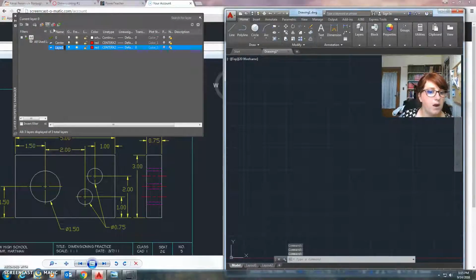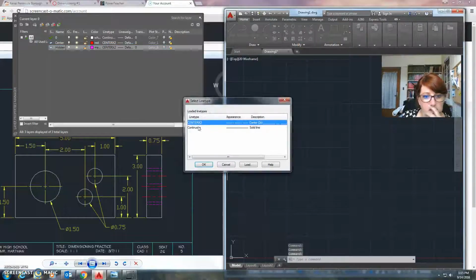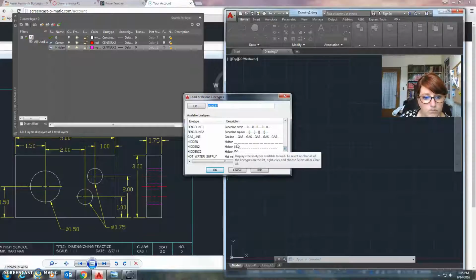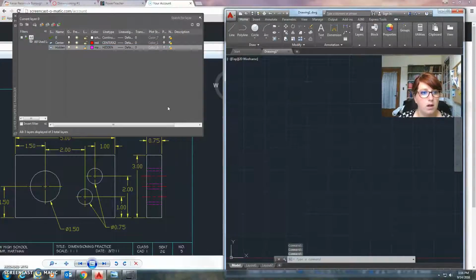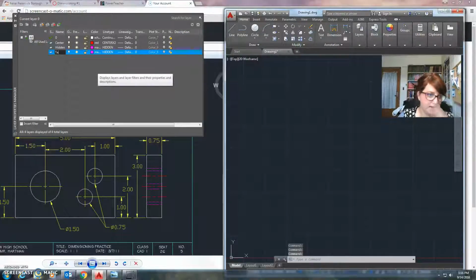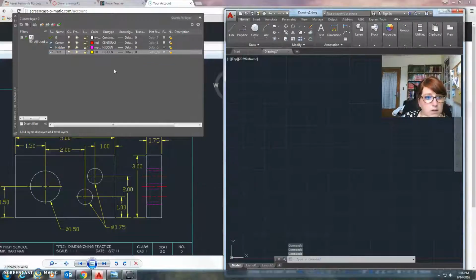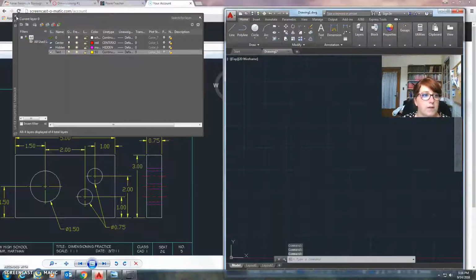Then you're going to add another layer, and we have hidden lines. And those hidden lines are right here. It's not center, it should be hidden. And you also have a text layer. It's yellow, and that is continuous, which should be default. Okay, so those are the layers you have, so make sure you have your layers set up